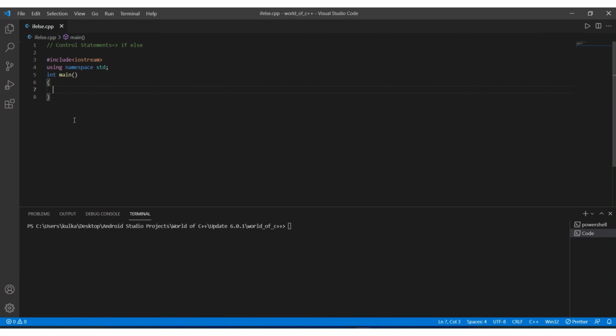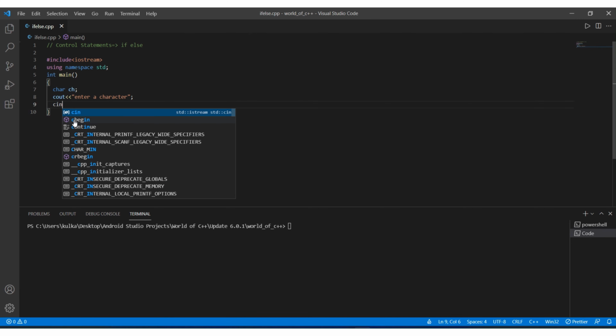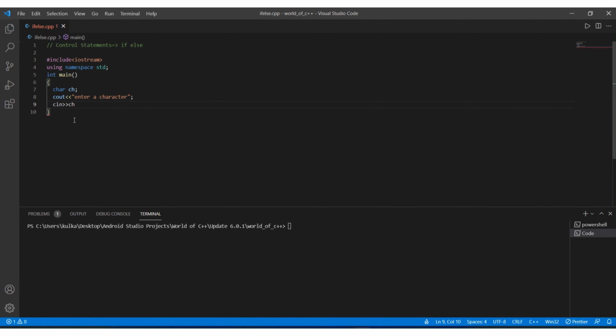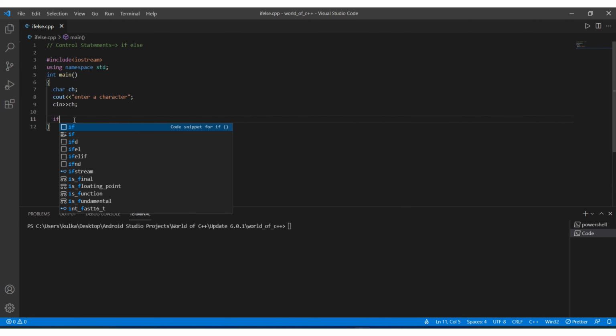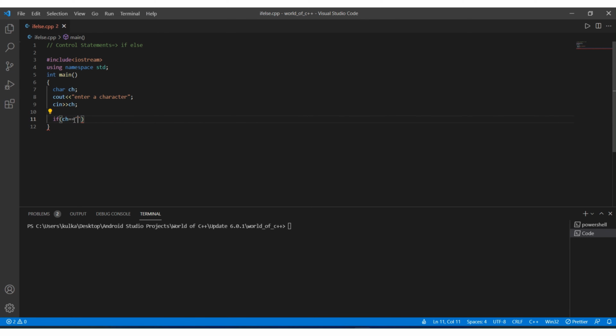Now we will see a program which uses the logical OR operator. This program finds whether an entered character is a vowel or a consonant. For that, type char ch. Prompt the user to enter a character. Accept the character. Then if ch double equals, in single quotes or double quotes, A